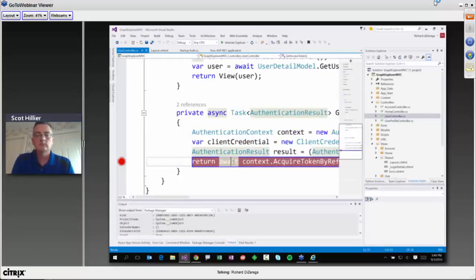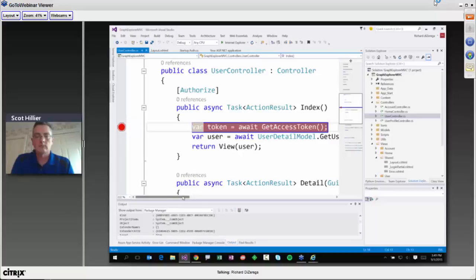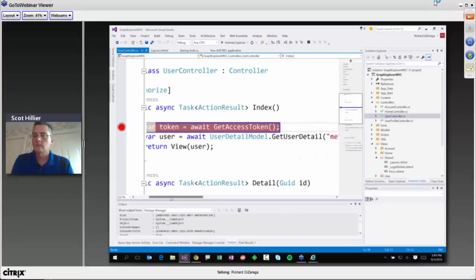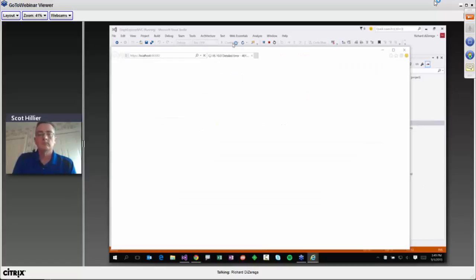Once you get that access token, I can go and call any of those services that you saw me calling in the API Explorer. I'll put a breakpoint up here where I actually get the token, and then I'm going to go get user details. Let me go ahead and press play here. My breakpoint shouldn't automatically hit, because what we're going to end up doing is first send the user to sign in.